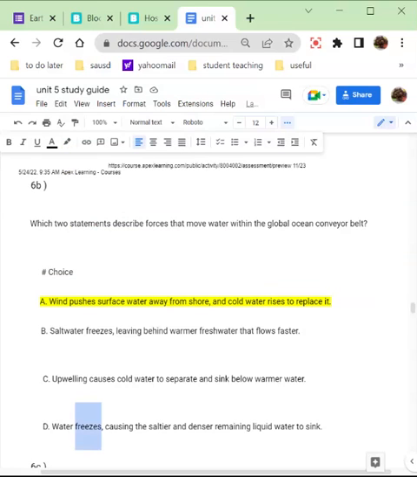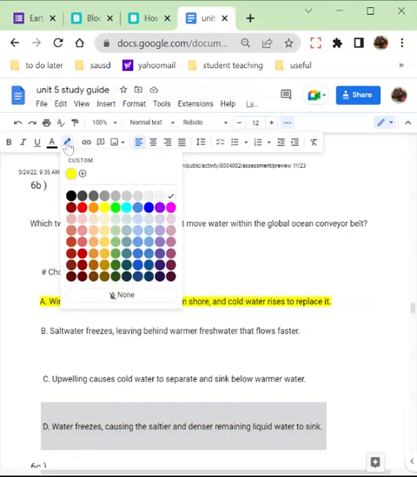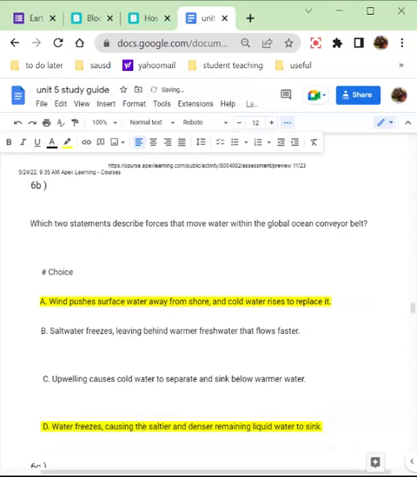And when water freezes, it also preserves the salt, right? That's why sometimes for food, when we freeze it, we preserve it past the expiration date. So freezing keeps in everything, including the salt. And we know that freezing also changes the liquid into a solid, so that makes it heavier. And things that are heavy in water will end up sinking.